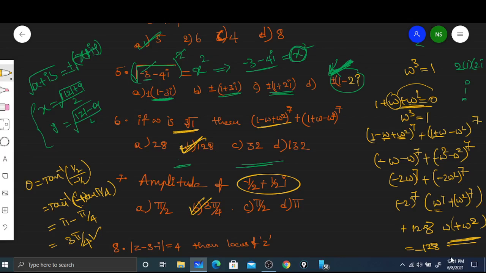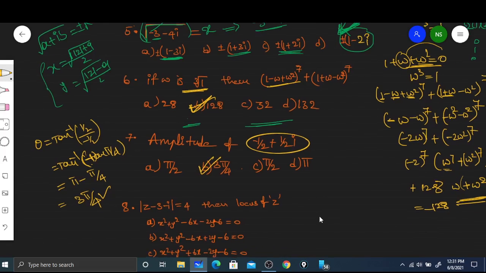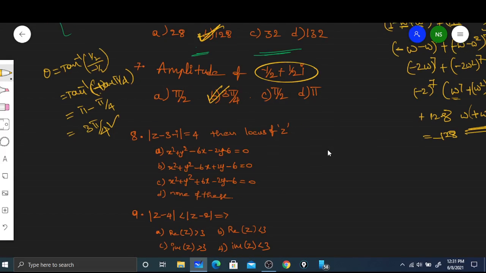Here also, find the locus of this particular thing. We need to simplify this. So instead of z we can take x plus iy minus 3 minus i. We need to find out the modulus for that. So if we separate them, x minus 3 plus,